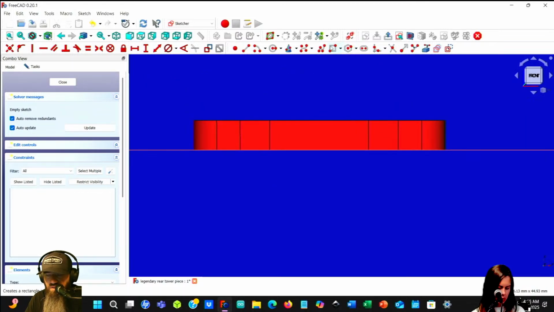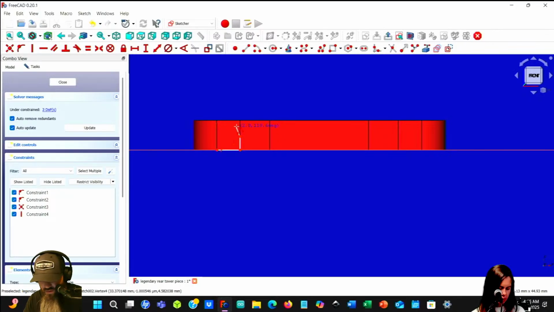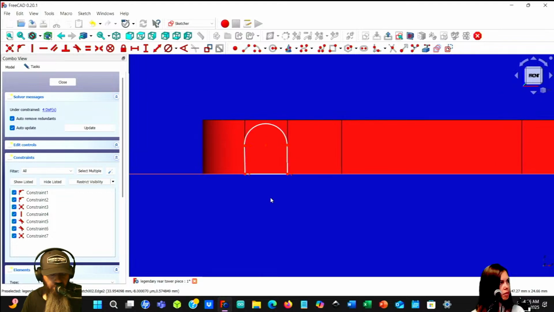What I need to draw now is a polyline that's going to start here, go over to here, then go up like this, and then curve around to like this, and then down to here. Okay, so it's about something like that.